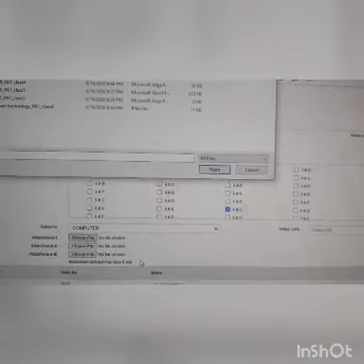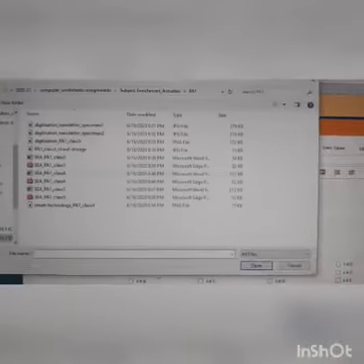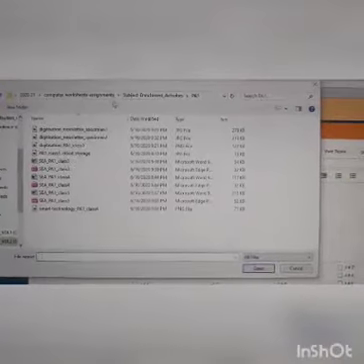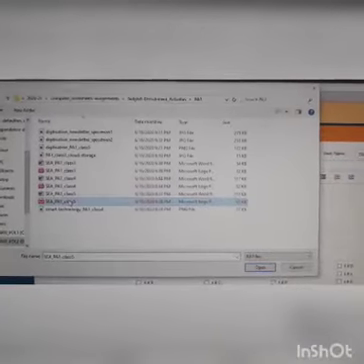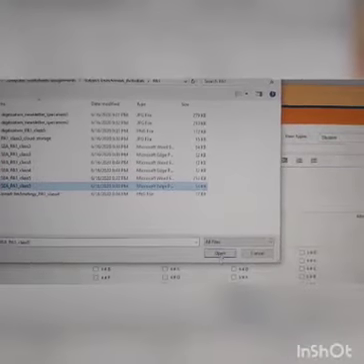Only PDF and JPEG, that is images, can be uploaded. So I will take this enrichment activity file and say open. This is my PDF file. Now as you can see, my file is attached over here.